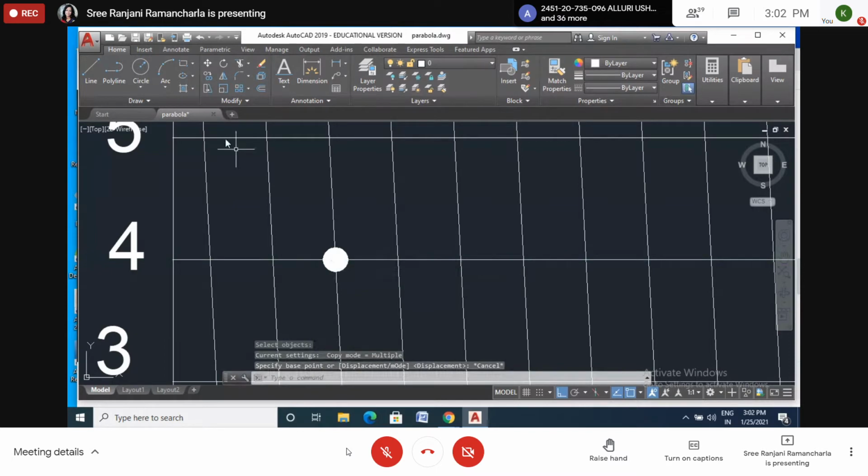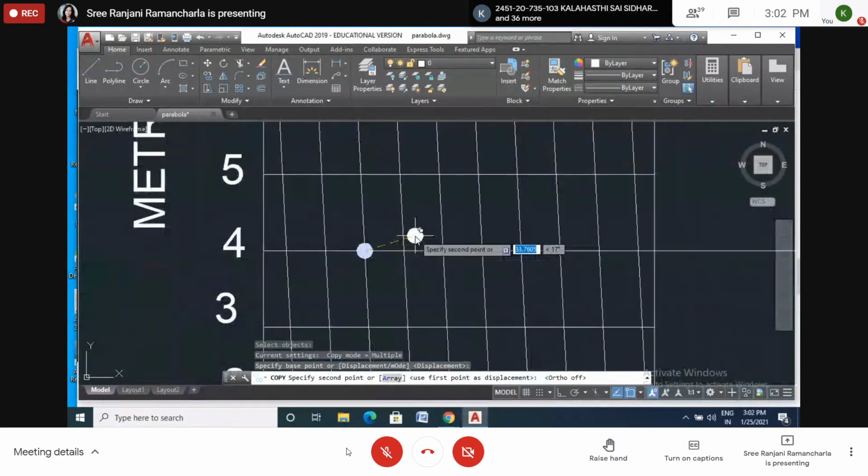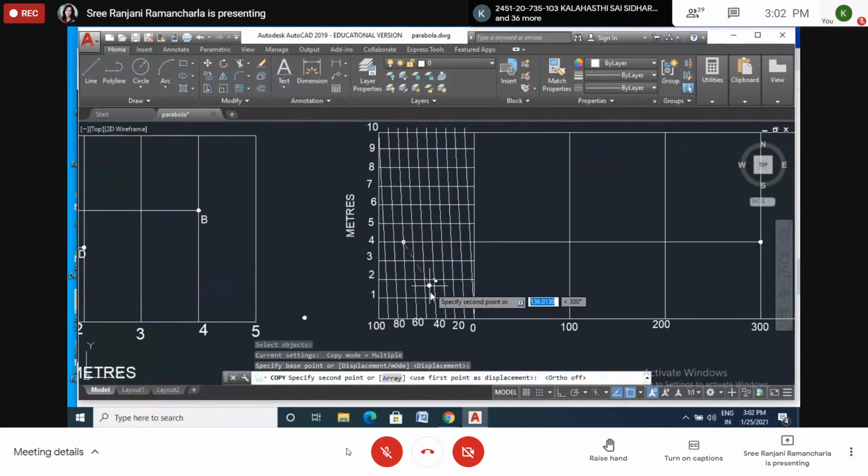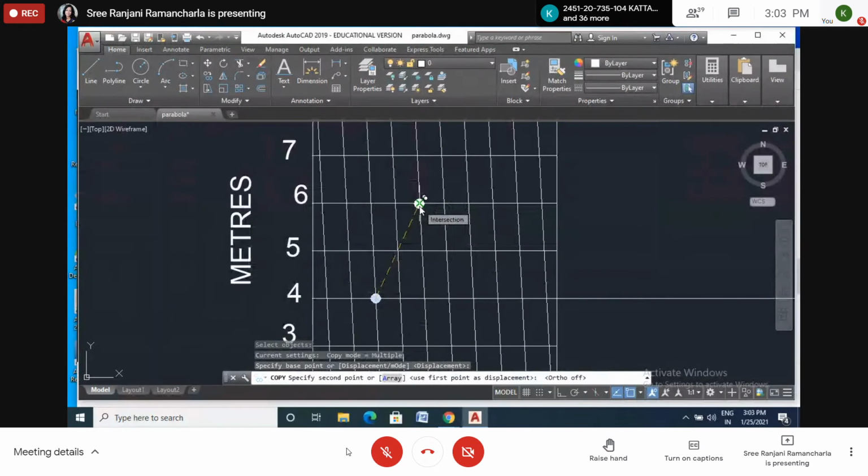Line selecting. When it is selected, it will show a light blue color. Right? This has now got a light blue color. The center of this one. And I will remove this ortho mode. Then 56, again I want to check. This is 40, this is 50, 56. Here I want to keep it at the intersection of two lines. So this is the exact point.